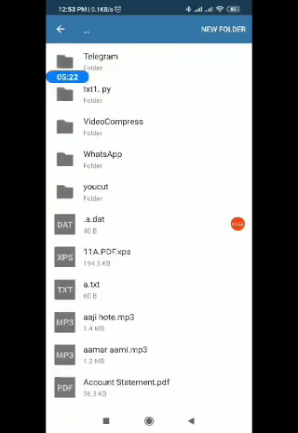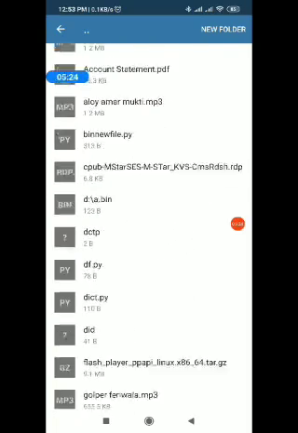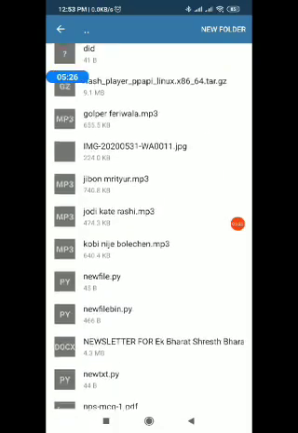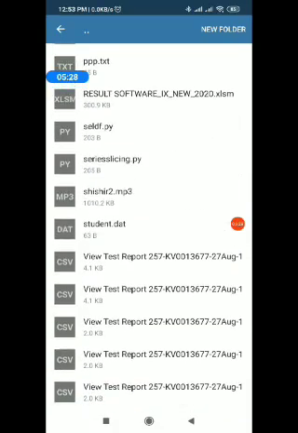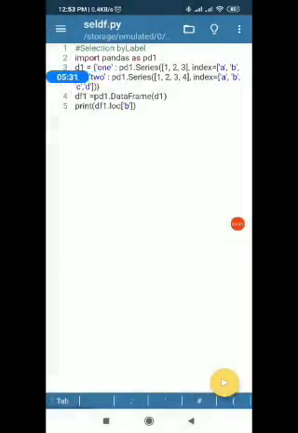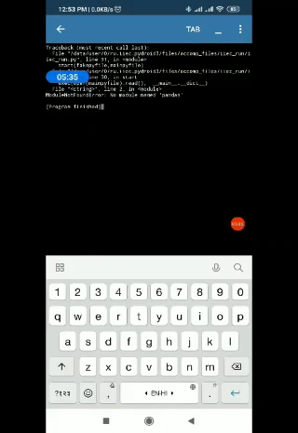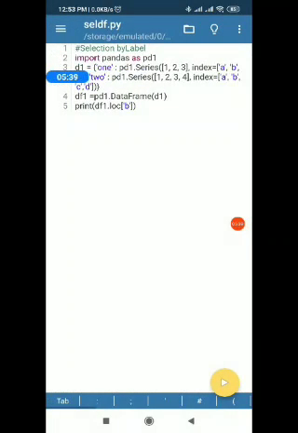It is not showing. Why? Yes, here it is, select df. Let me check. Okay, somehow pandas is creating problem here.